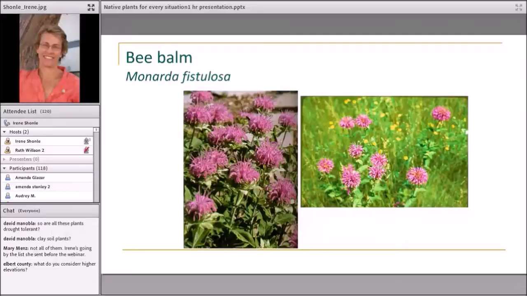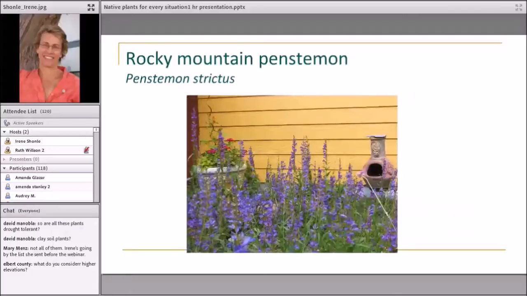Okay, next one is bee balm. So this is a great garden plant. It attracts bumblebees, butterflies, and also hummingbirds. You can use it as an oregano substitute, which is a really nice thing to have. So you can have an ornamental that you can use in your cooking, and it will do just fine in